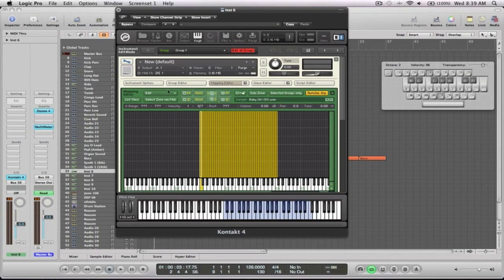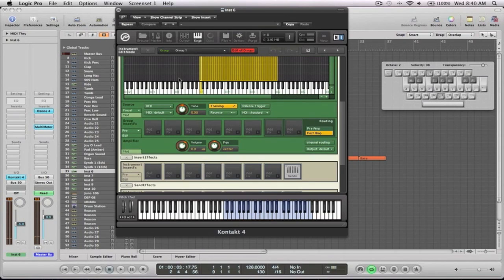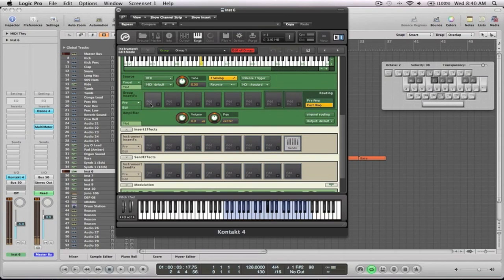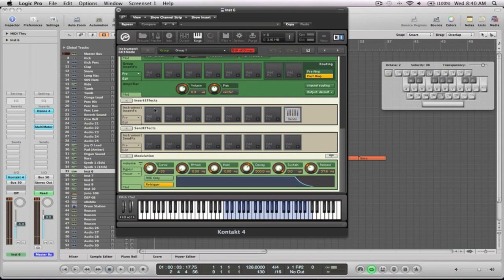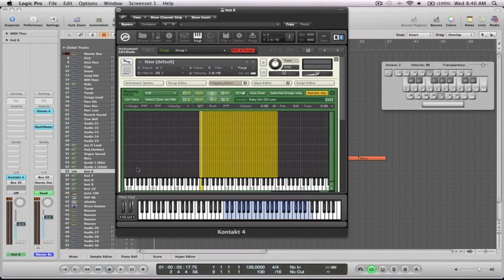I'm still sort of learning this one as well, so it just takes a little bit. You can also do the pitch bend, and then you could be pitching different sounds.